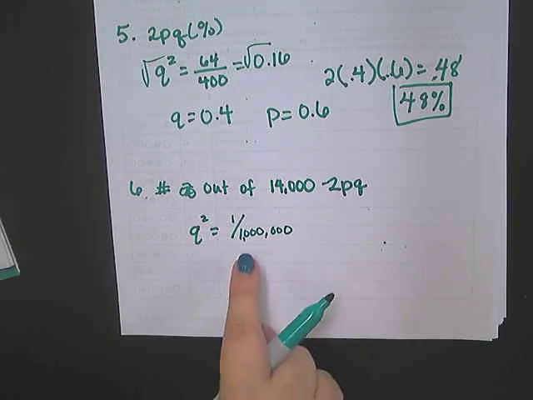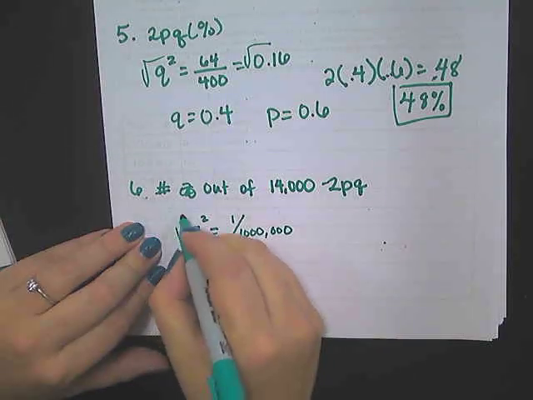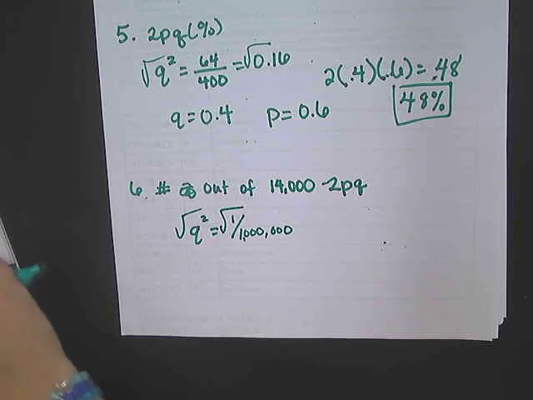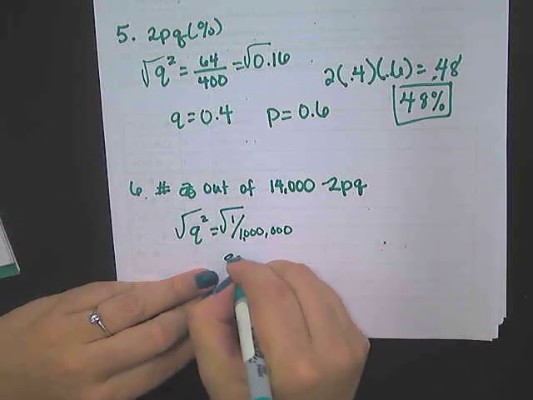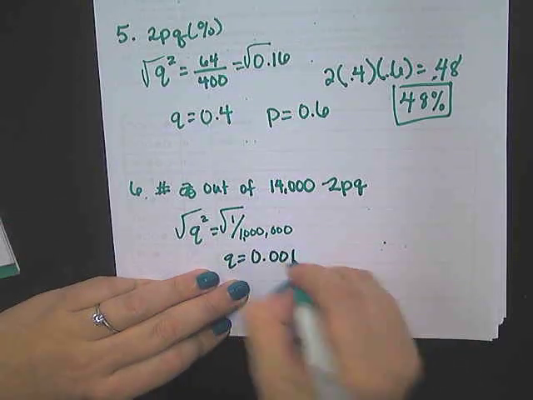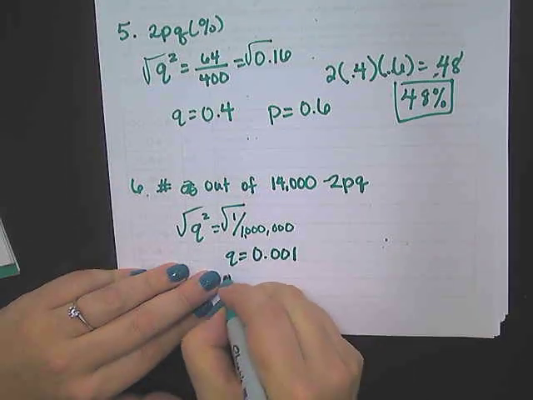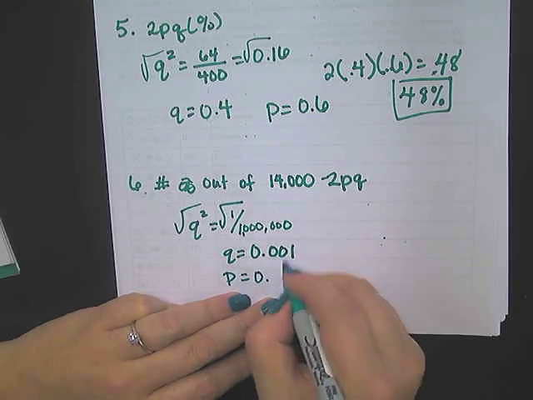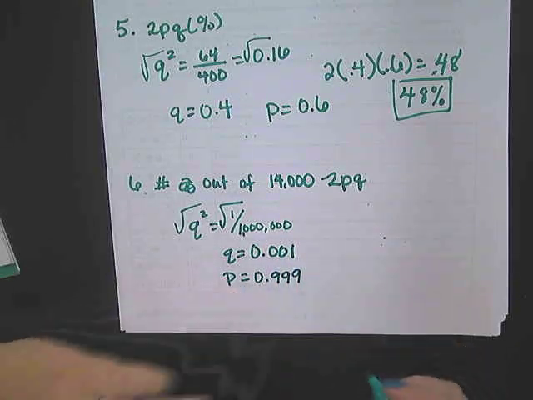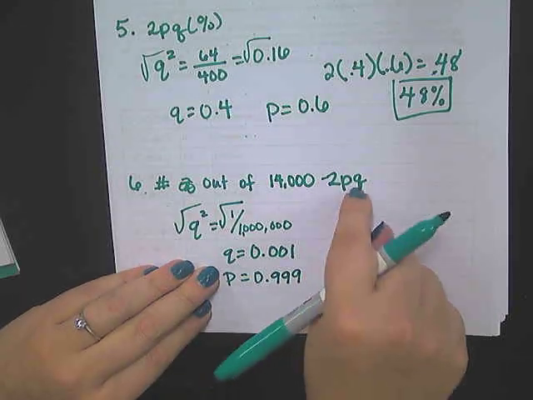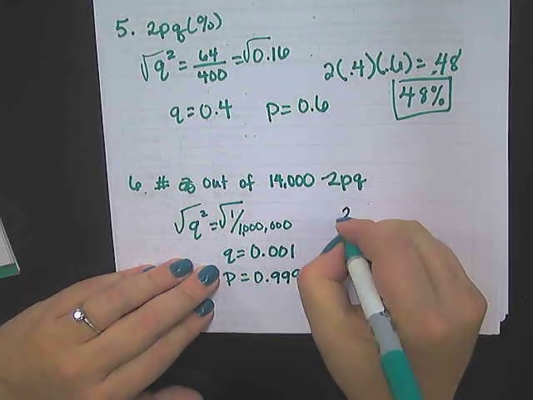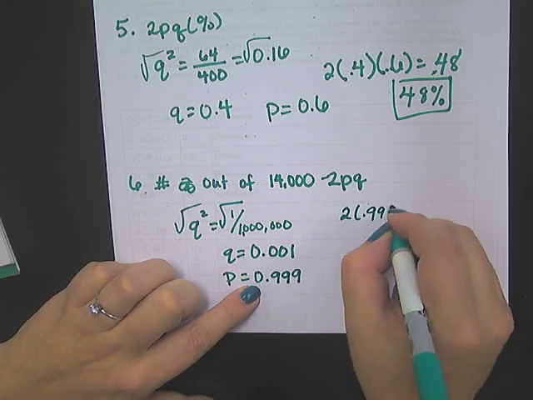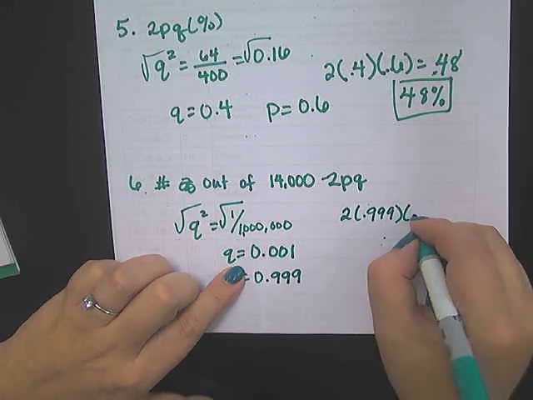Now, what I'm going to do is take the square root, q is equal to 0.001, and if that is q, then p is 0.999. Now to calculate the frequency of heterozygous, I'm going to do 2 times p times q